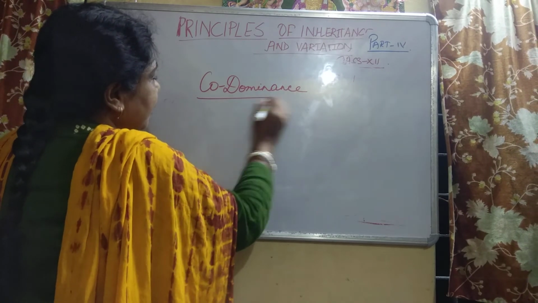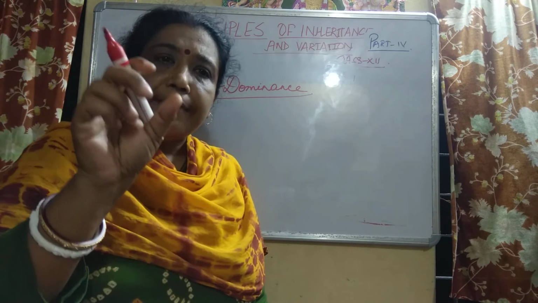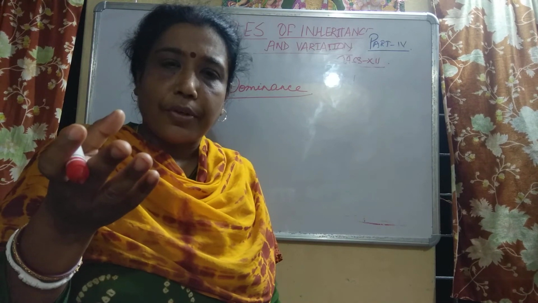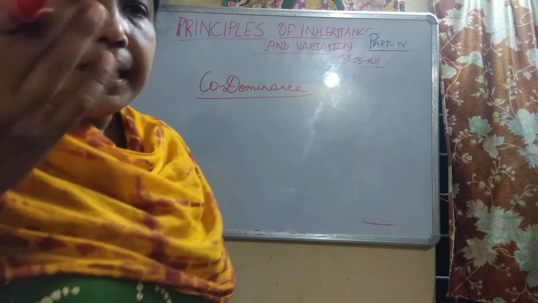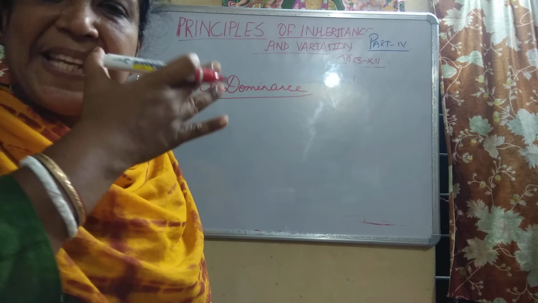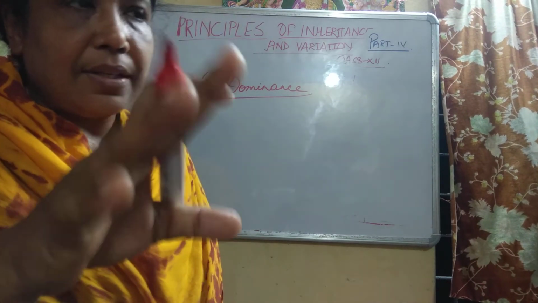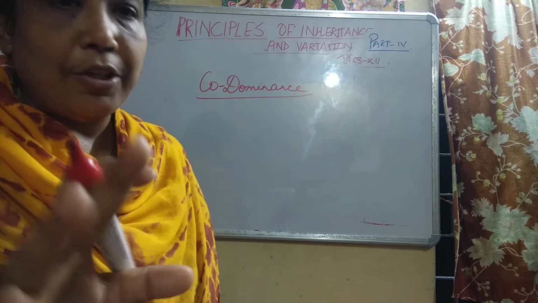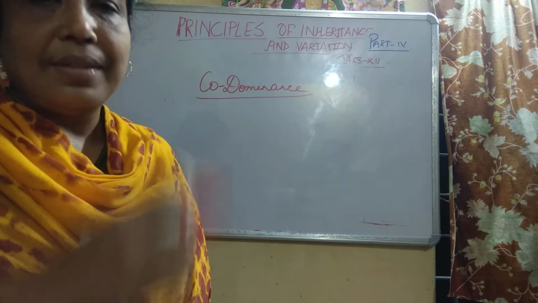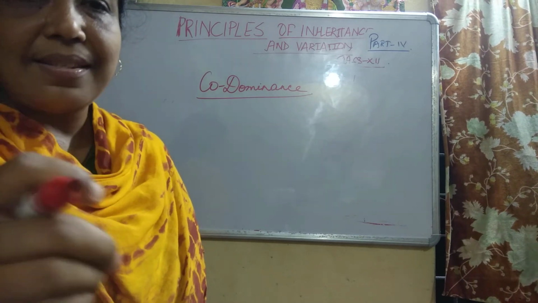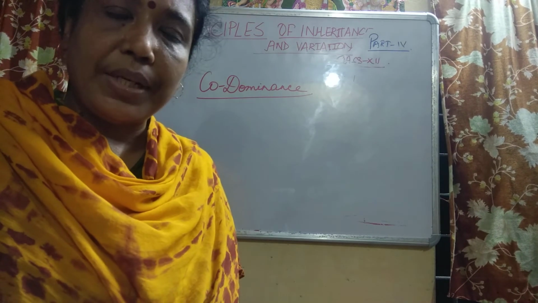Now you saw in dominance that if two allelic forms are in the heterozygous form, one of them will be dominant over the other. In incomplete dominance, what did you all see? That the offspring in the F1 was like neither of the parents. It was in between. Codominance means here both the parents or the genes will be showing their supremacy. Both the traits will be showing their supremacy.